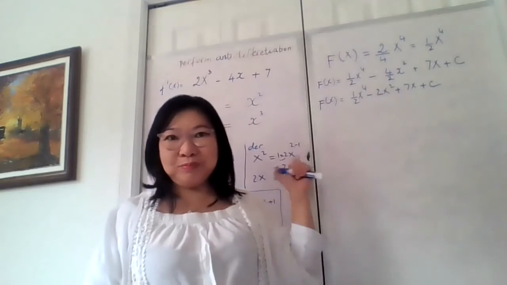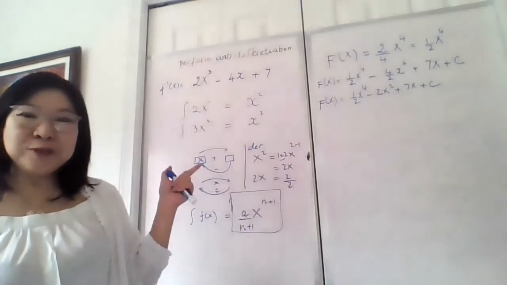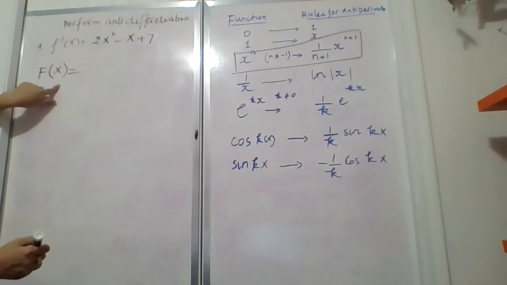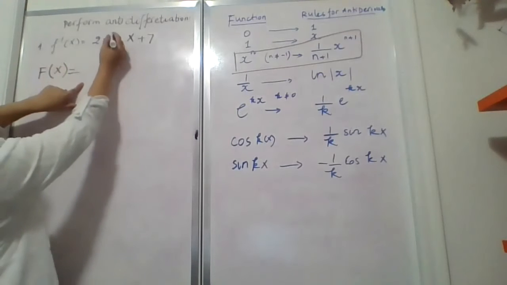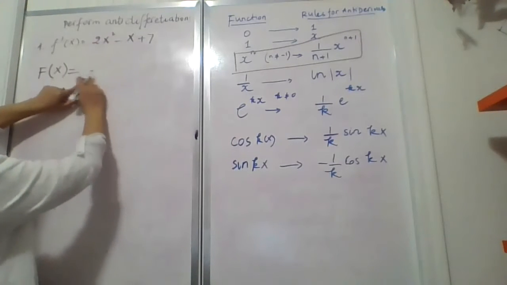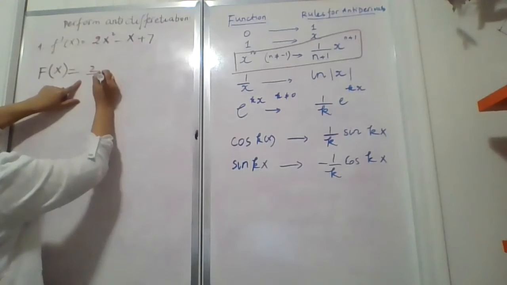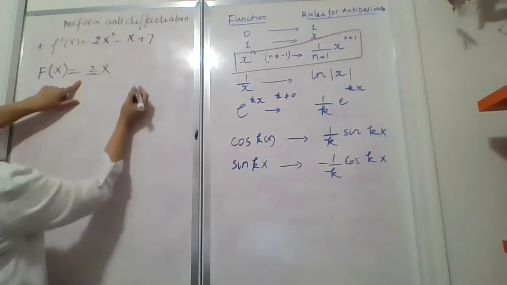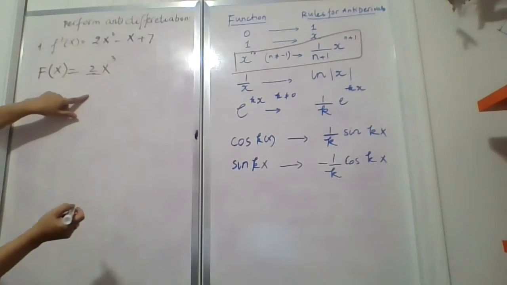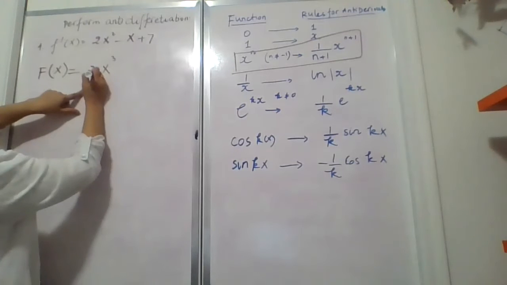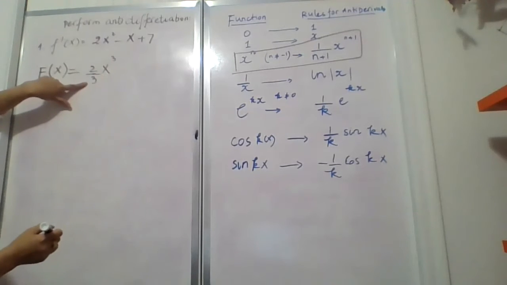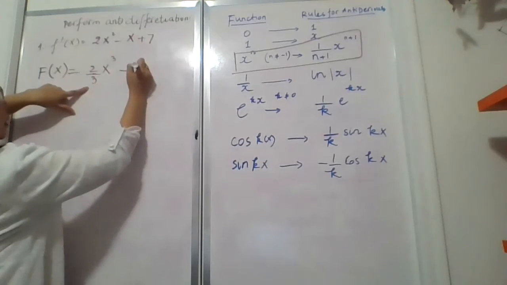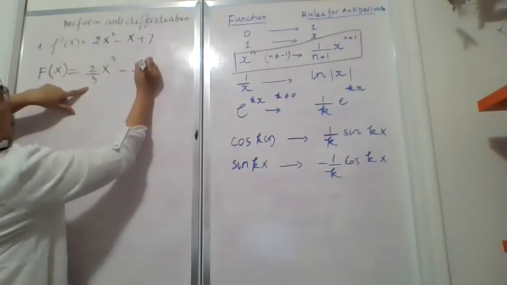Anyway, there's a lot more adding to it. Directly right here, the big capital F is the antiderivative, right? So now, what are we going to do? Remember, we have to divide by the power, right? And this is power 2. We add 1 to the power, it becomes power 3. So divide by n plus 1, which is 3. So that is 2 over 3 x to the power 3, minus this is 1, this is going to become x squared,